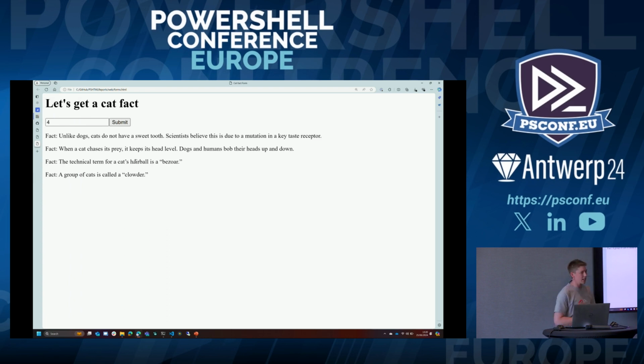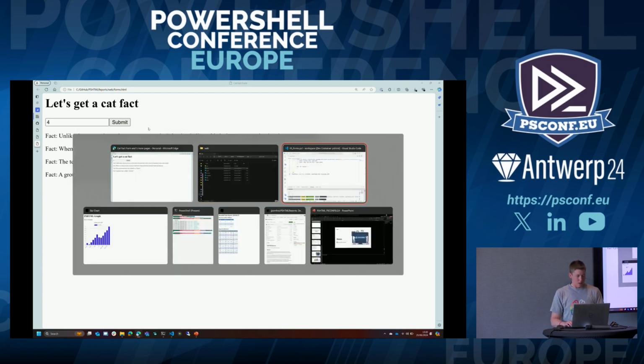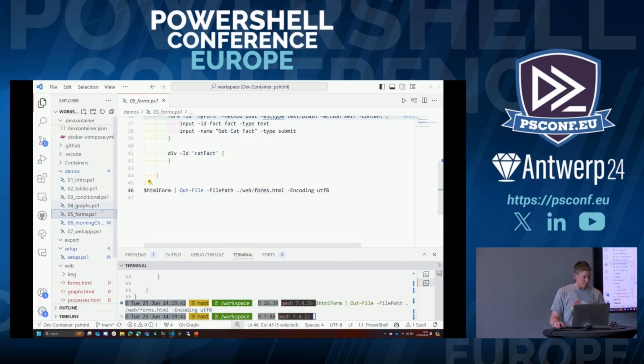So my session last year was about PowerShell functions. That submit button could call an API on your PowerShell function and do all kinds of things, build some infrastructure, cause some chaos, whatever. But this is just a really cool way of making a web front end from PowerShell. So those are some of the cool elements that you can have, and some examples on how to